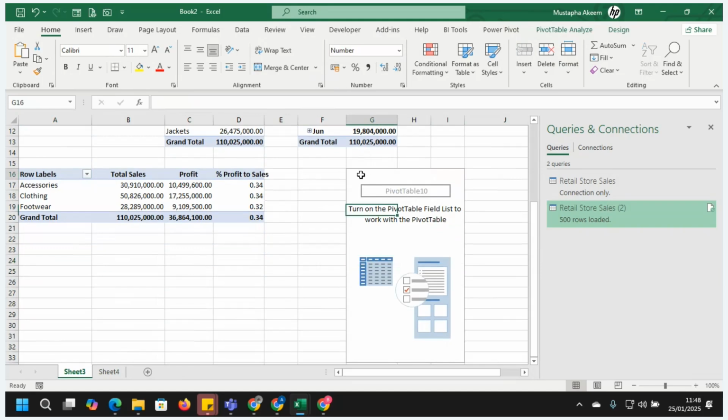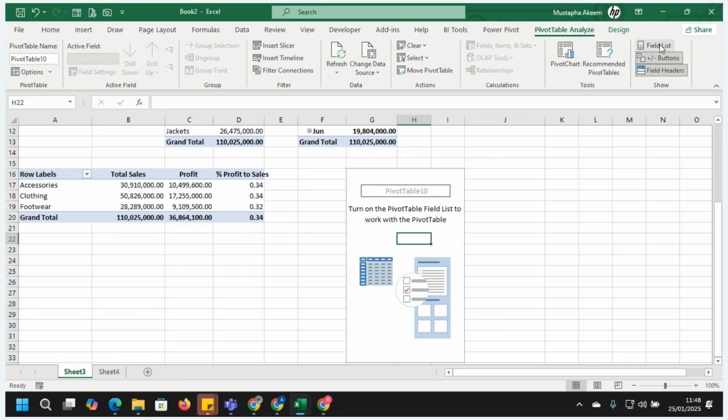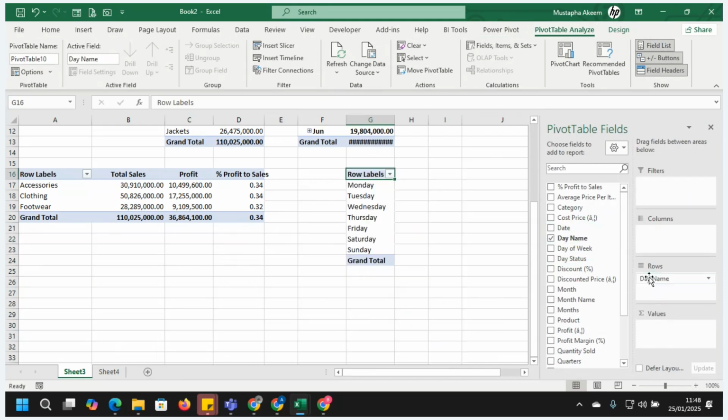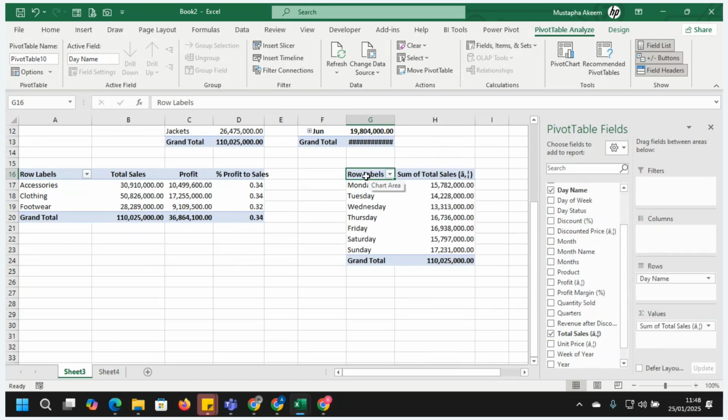I click on this. I can't find my pivot table again. When I click on this, I just go back to this place and check this field list. It will come back. Okay. Let me quickly look at the day name by Monday, this, and my sales. My total sales. I want to see how they move. Okay, these are the sales on daily basis. I can copy this. Okay, let me remove this.